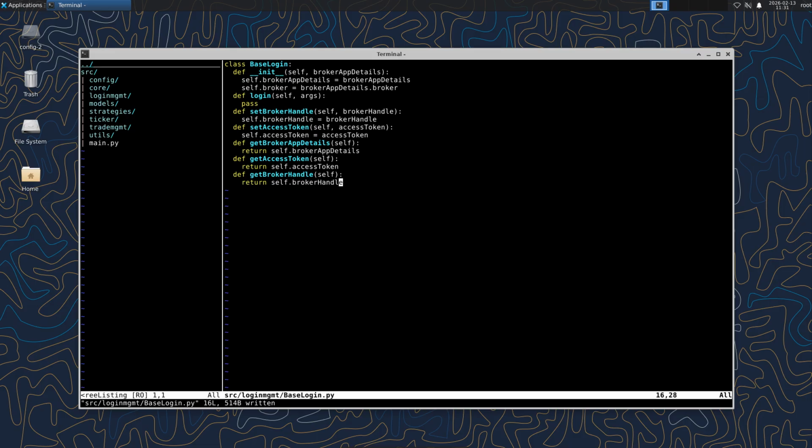Controller's handle broker login builds the appropriate subclass and calls its login implementation. That implementation is expected to perform the broker-specific handshake, obtain an API client, the broker handle, and any access token, and then populate base login by calling setBrokerHandle and setAccessToken. Those setters persist the broker handle and access token as instance attributes, while getBrokerHandle, get